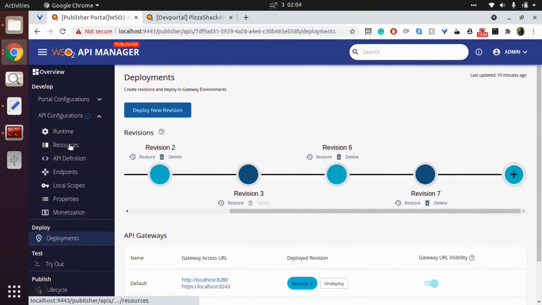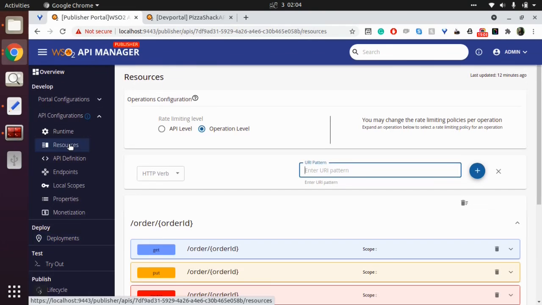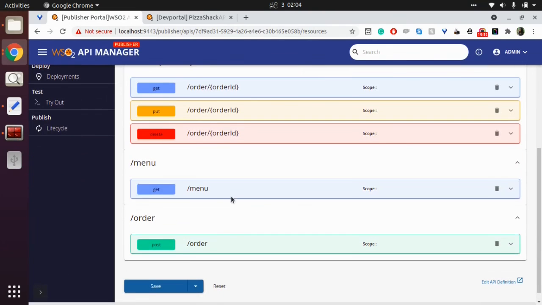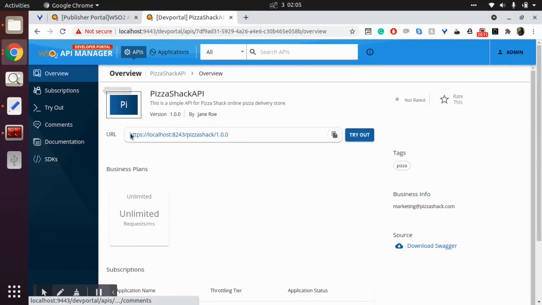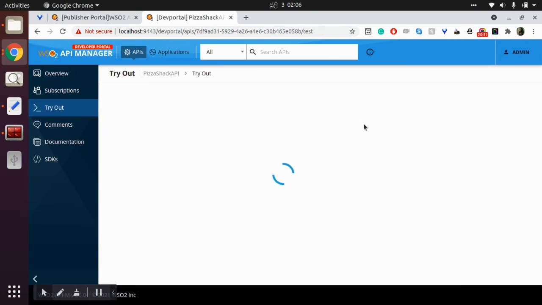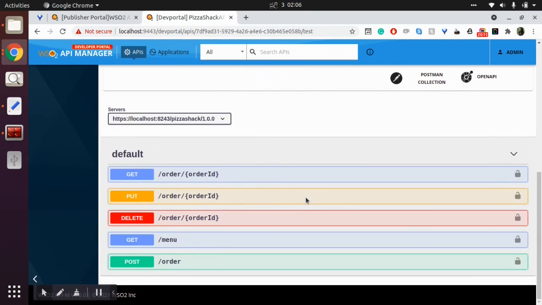Let's go to the resources section. So now we have those menu and order resources in our current API. Now let's go to the developer portal. So we can see those two resources in here too.